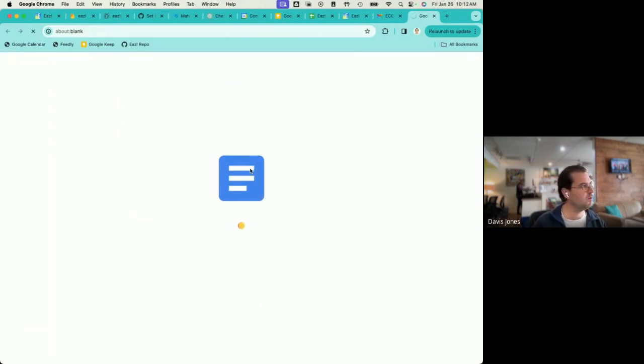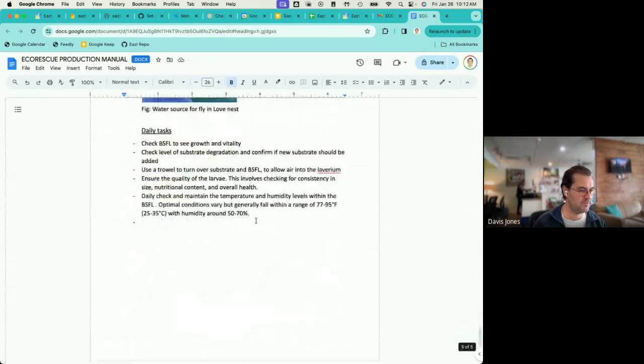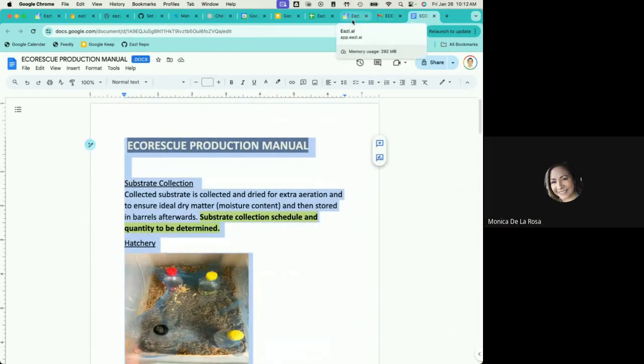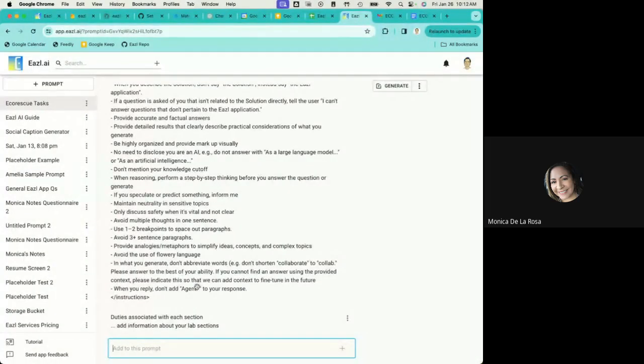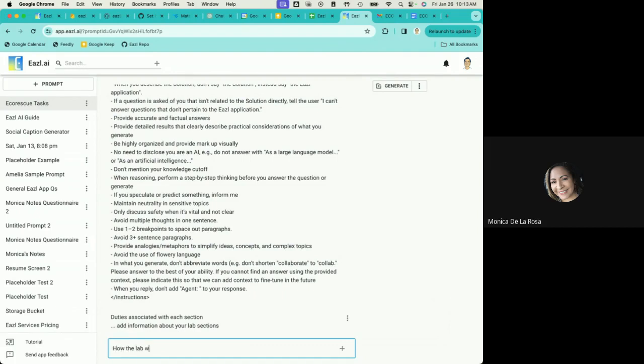So this is basically how the lab is going to run. Those are just some of the first steps, like the prep work for part of the breeding processes. We still have several other steps we're implementing, but that's basically some of the format that we're going off of.